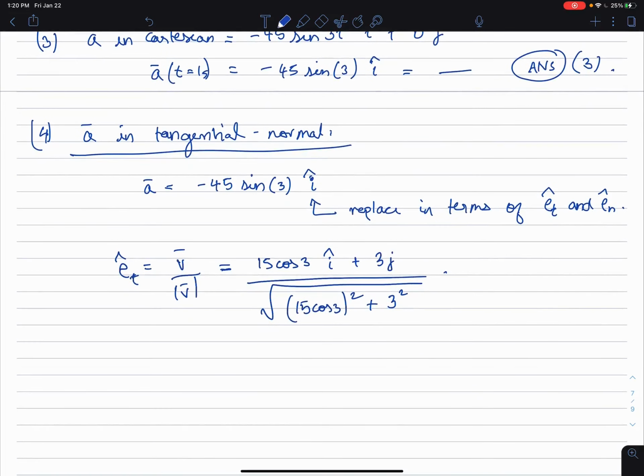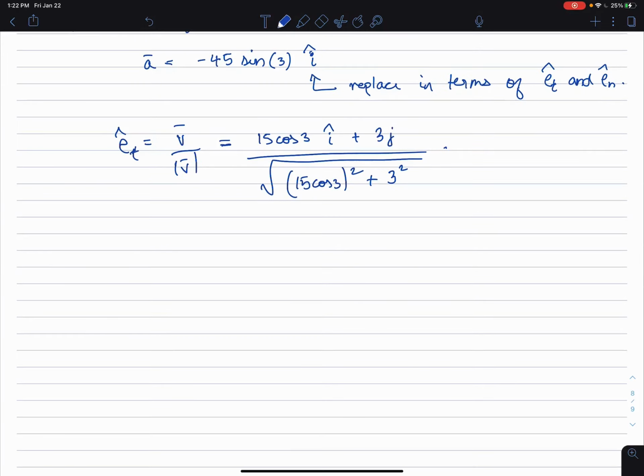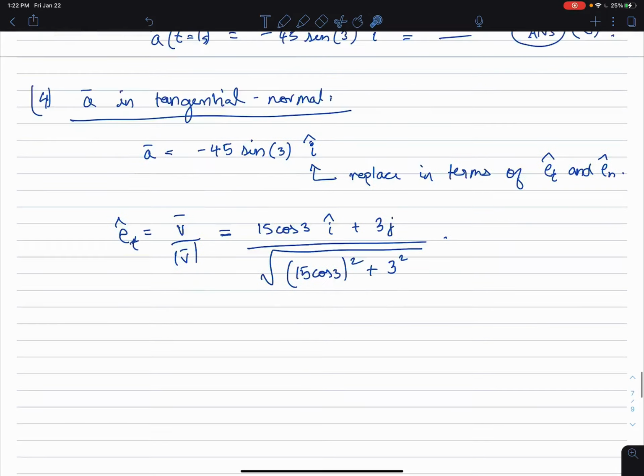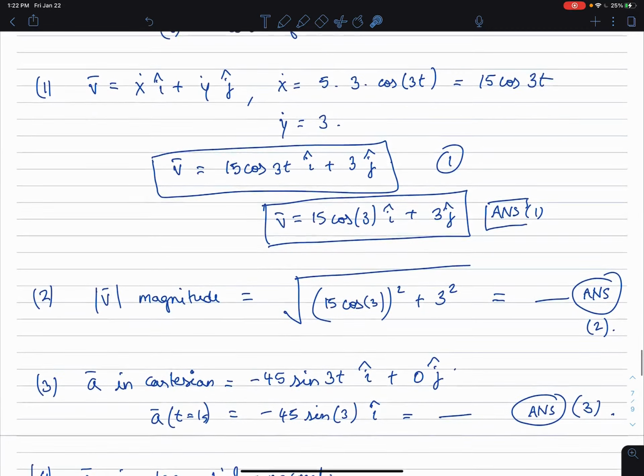And then we can also evaluate the normal coordinate system. So this just gives us tangential. The normal coordinate system or normal coordinate axis, how do you do that? So before we try to do the normal unit vector, what I'm going to do is actually get the numerical